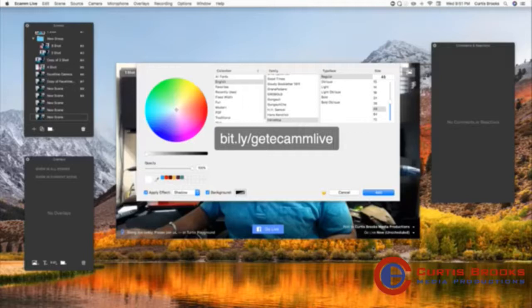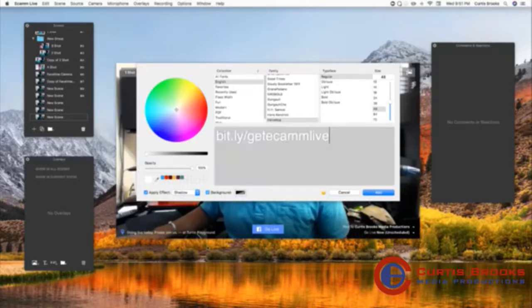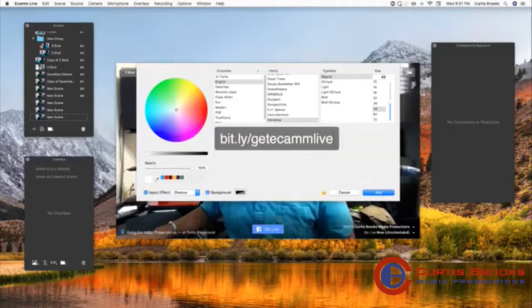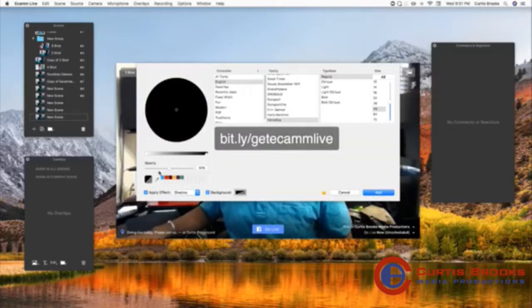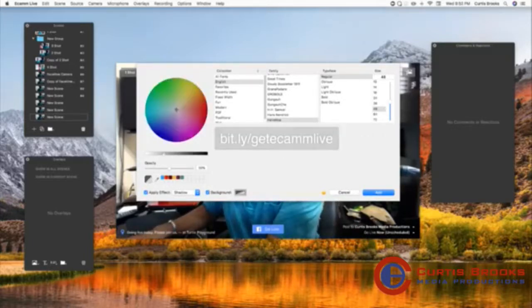I'm going to bring that on screen here. I'm going to add that, and it gives me the option to add a background to it. If I don't want to add a background, it's going to be without the background. But if I do, I can change what the background looks like. I can make the background red or orange, whatever that color is. I can make the background blue.